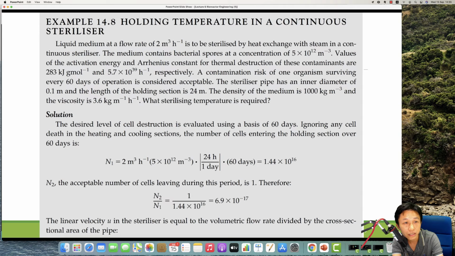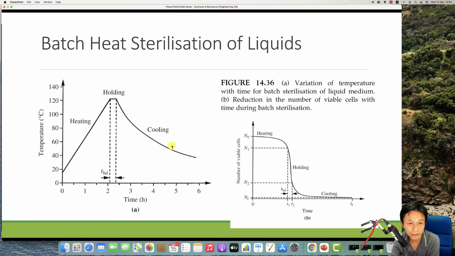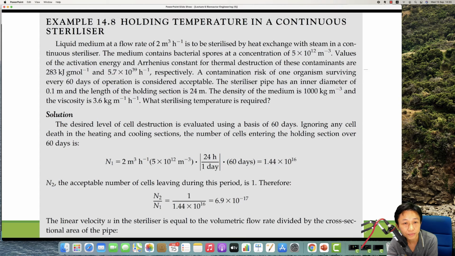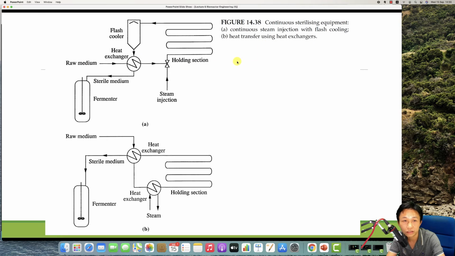And this is the last example, holding time, which is this one. This is how they calculate holding time for your sterilization temperature. What sterilization temperature is required? The liquid medium is fed at this rate, continuously through the heat exchanger, which is this one,